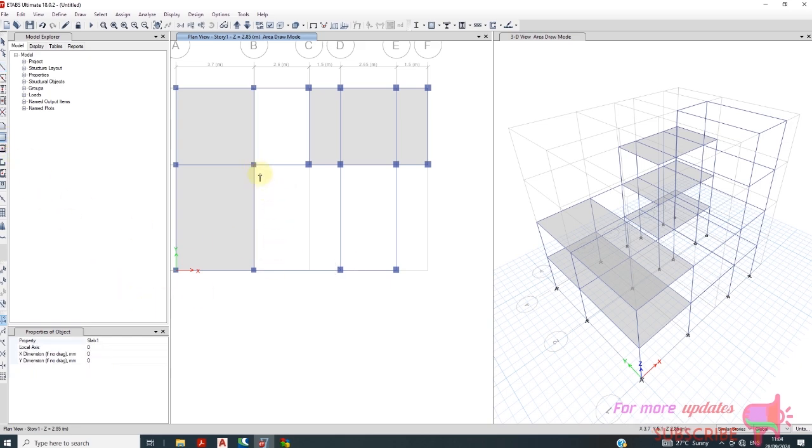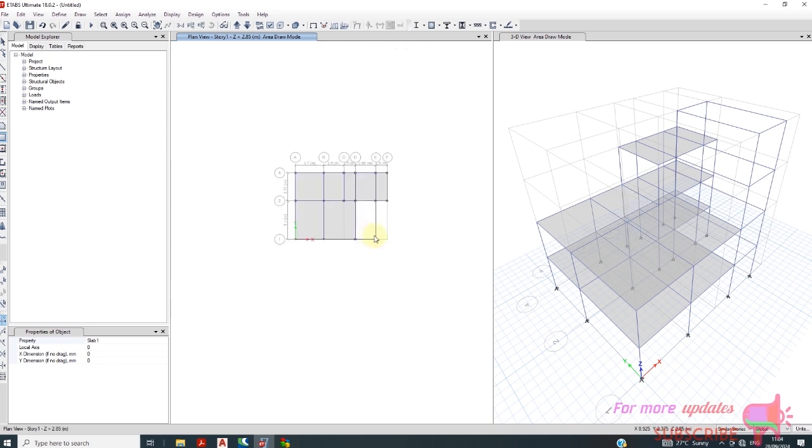Okay. So again, you can draw our slab. Okay. Now